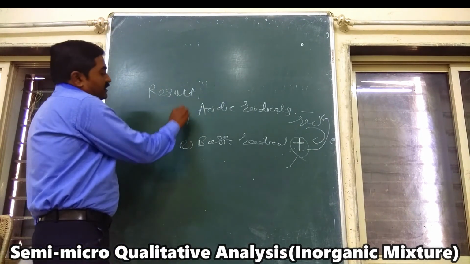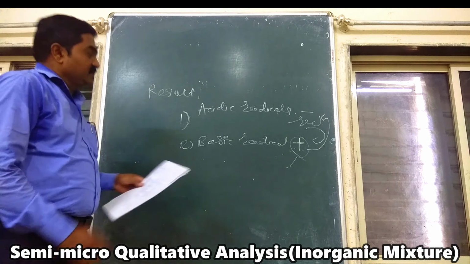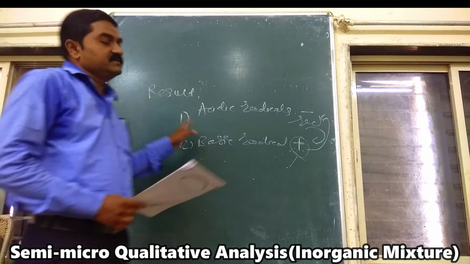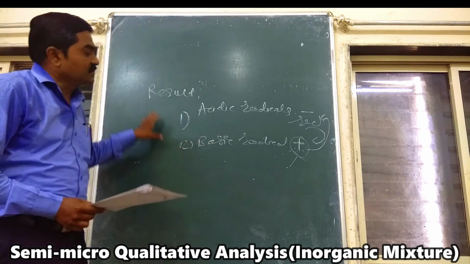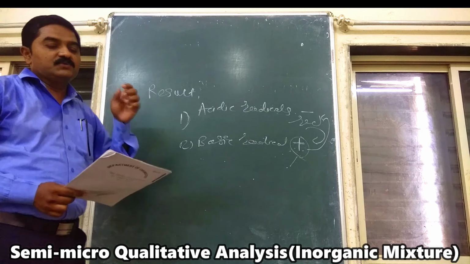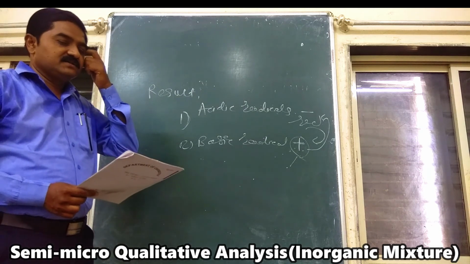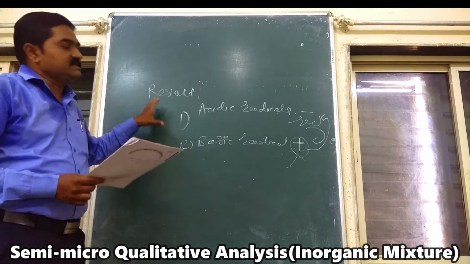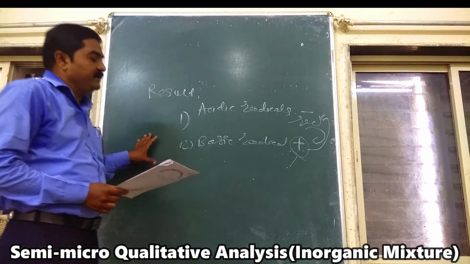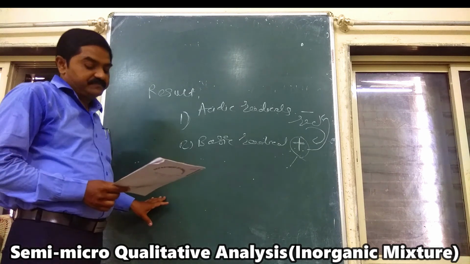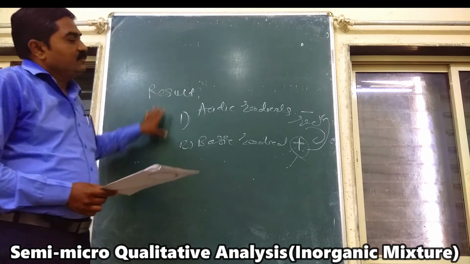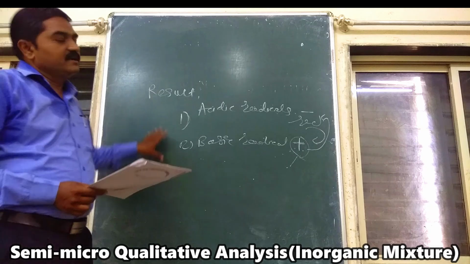And we have already performed this, determining the acidic and basic radicals from the given inorganic mixture. But the question can be asked: how will you separate the given elements in this group, whether it is second A, second B, third B, fourth as well as the fifth group. In this way we explain the given inorganic mixture.